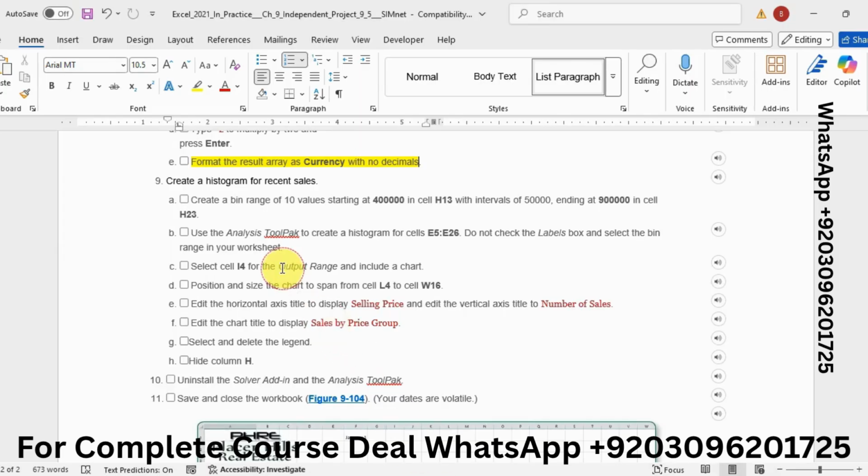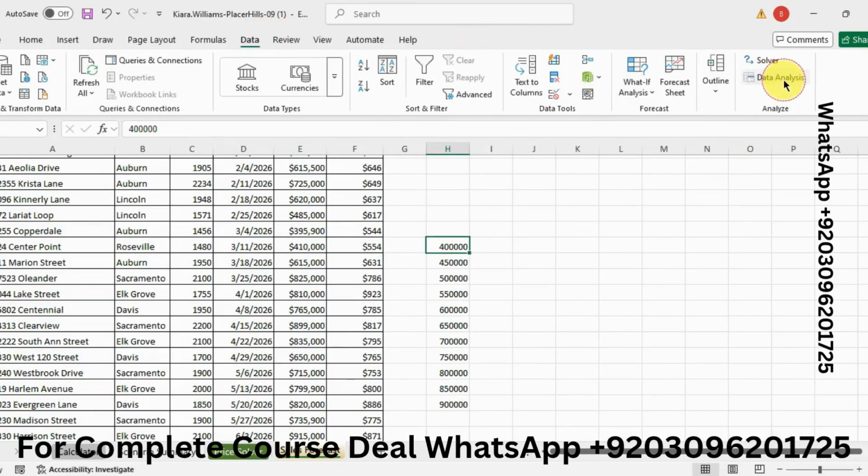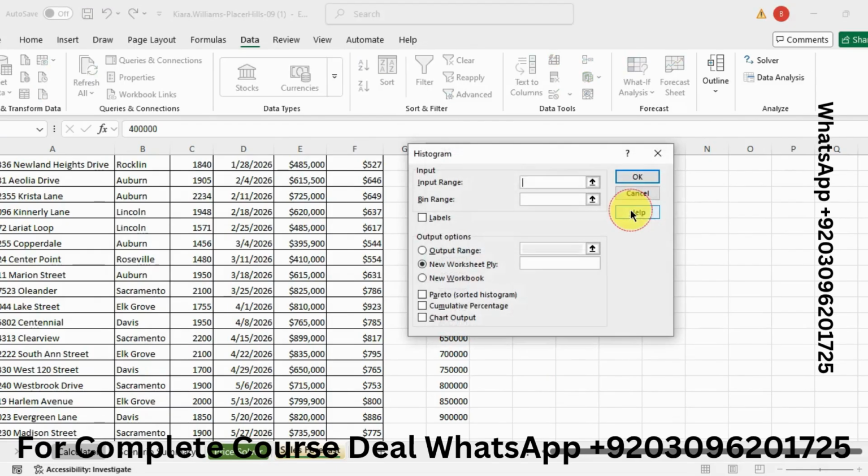Okay. So use the Analysis toolbar to create a histogram for cells E5 to E26. So go to the Data tab, click on Data Analysis, click on Histogram and then click on OK.